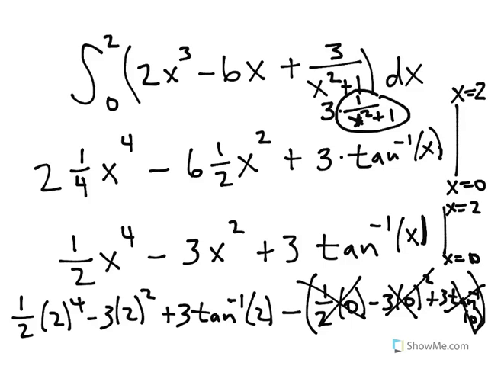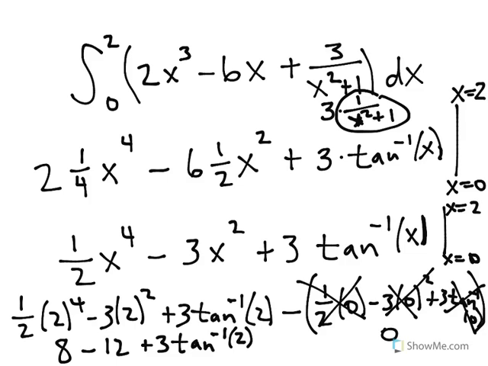The tangent of 0 is equal to 0, meaning the tangent function goes through the origin, so that's nice because this whole thing is just minus 0 on the end. So let's see, 2 to the 4th is 16, and then divided by 2 you get 8 here, and then this is minus 3 times 4 is 12, and then plus 3 times the inverse tangent of 2,